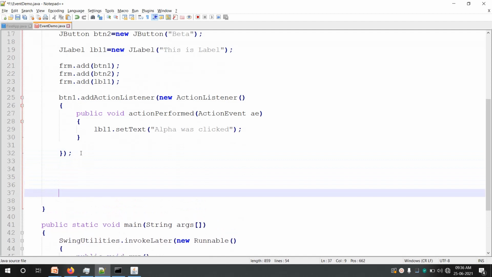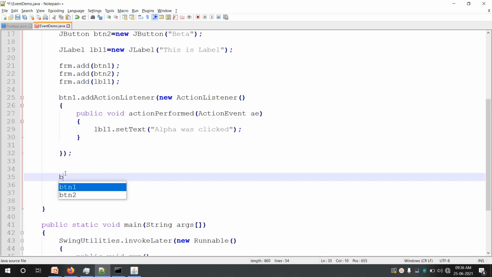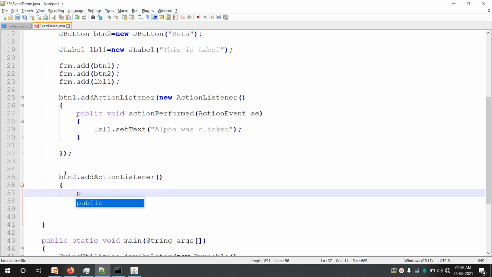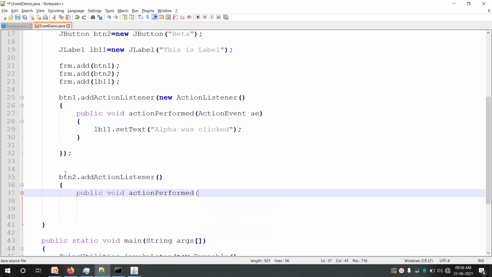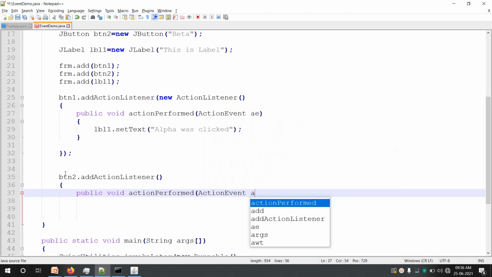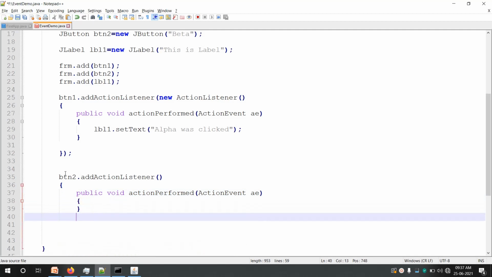So on btn1 we have handled the event. Now we will handle the event on btn2. btn2.addActionListener, then it will be the same code, public void actionPerformed, ActionEvent.